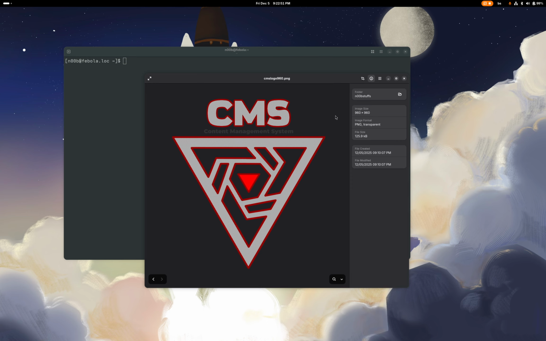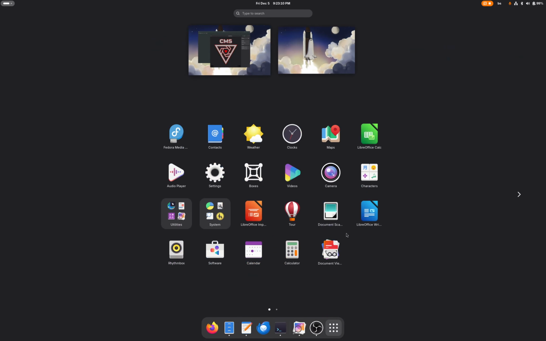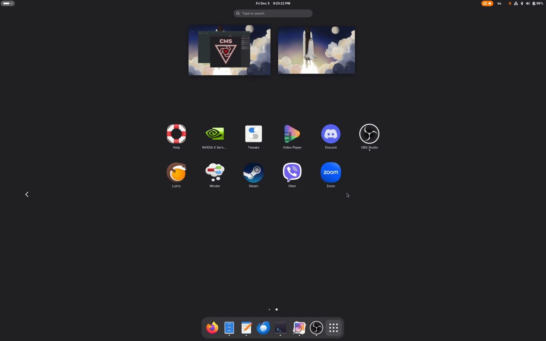So this is a PNG transparent, 960 pixels. We can use it for the favicon as well. So that part of the work was finished. I was simply using my only piece of software